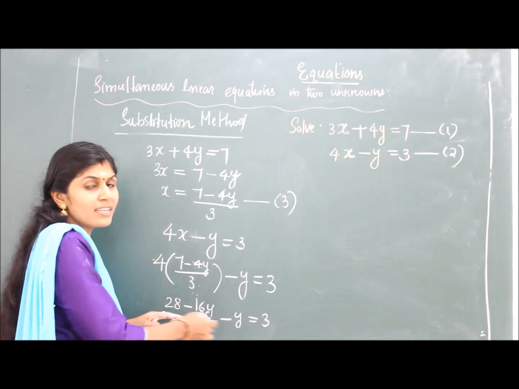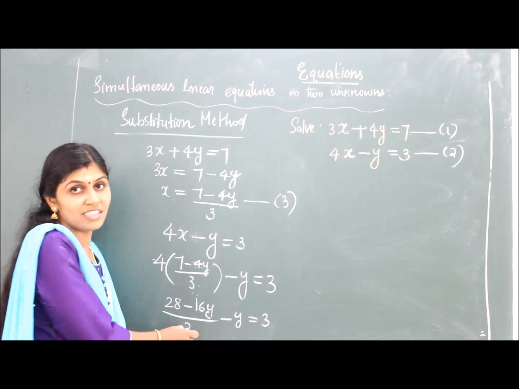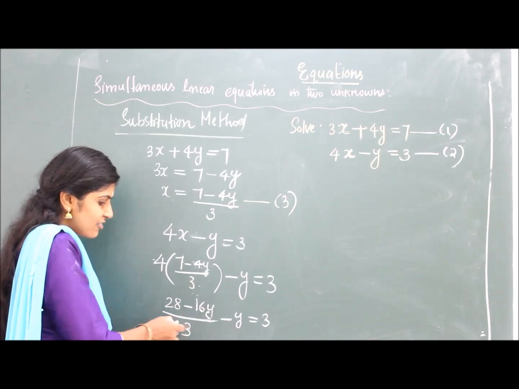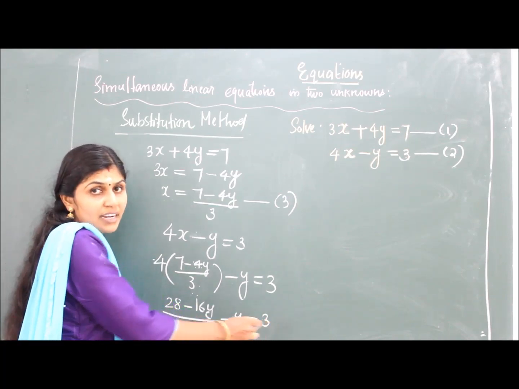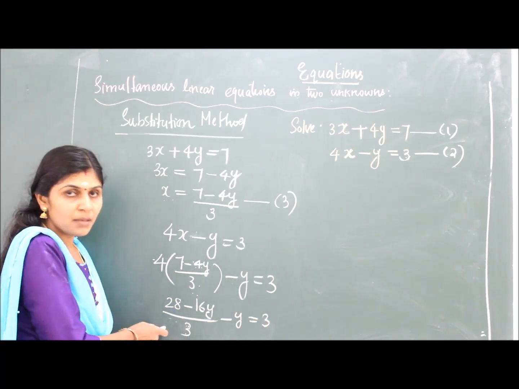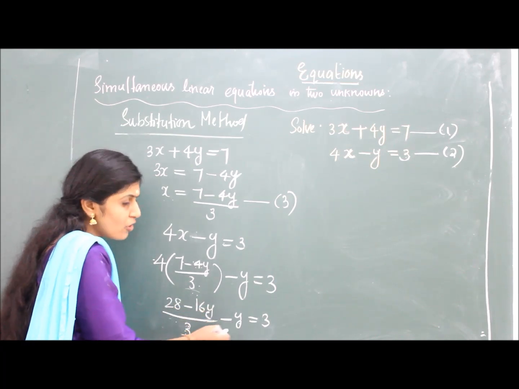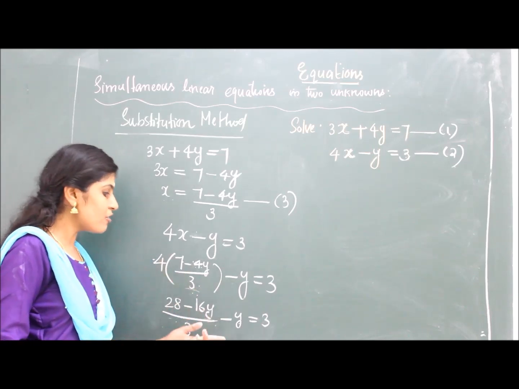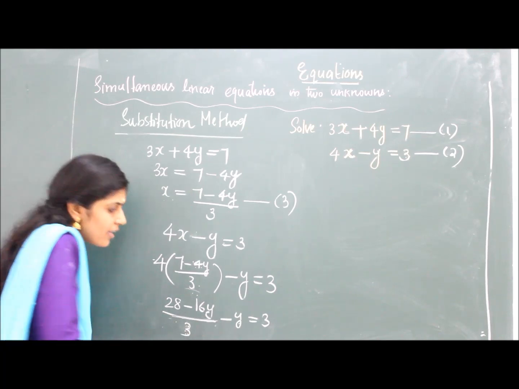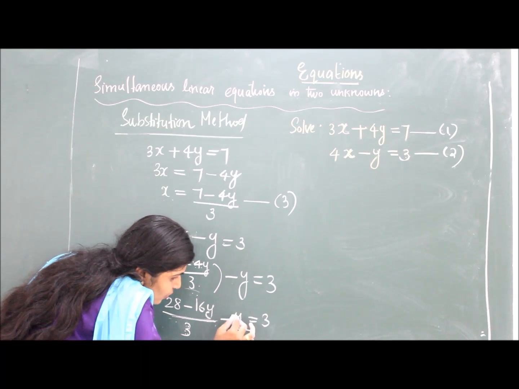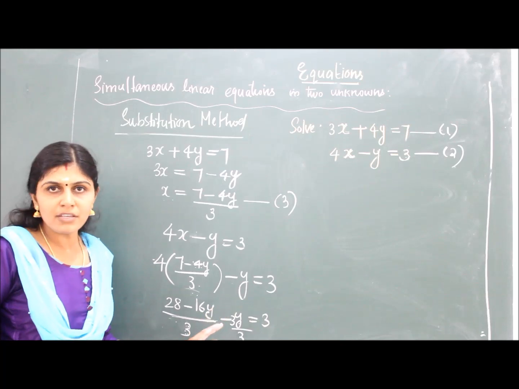Okay. Now here I want to make it into a simple equation. This fractional part is disturbing me so much. So I want to change this fractional part and take this to the other side. But I can take this to the other side only if this is as a whole. But here the divided by 3 part is restricted to the first term. This y does not have a by 3 part, right? So I am going to change this y in such a way that it contains a fractional part like this. So I am going to divide this y by 3, and at the same time I have to multiply by 3. Then only there won't be any change in the previous equation.